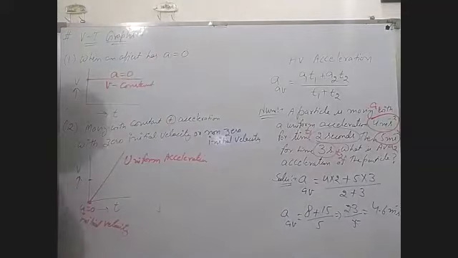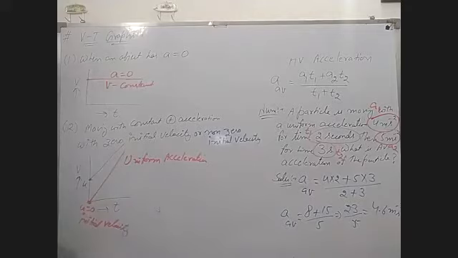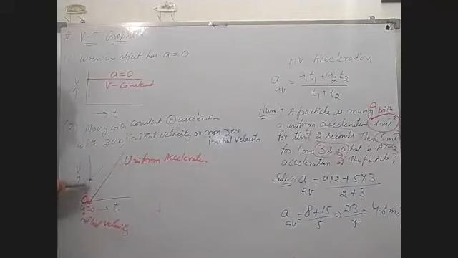Suppose this is the value at the initial stage of the particle, then your graph will be of this type. Okay, a straight inclined line from this point. This is O, the origin. Because the initial point is this, and here this point is the initial velocity point. Now the third case is